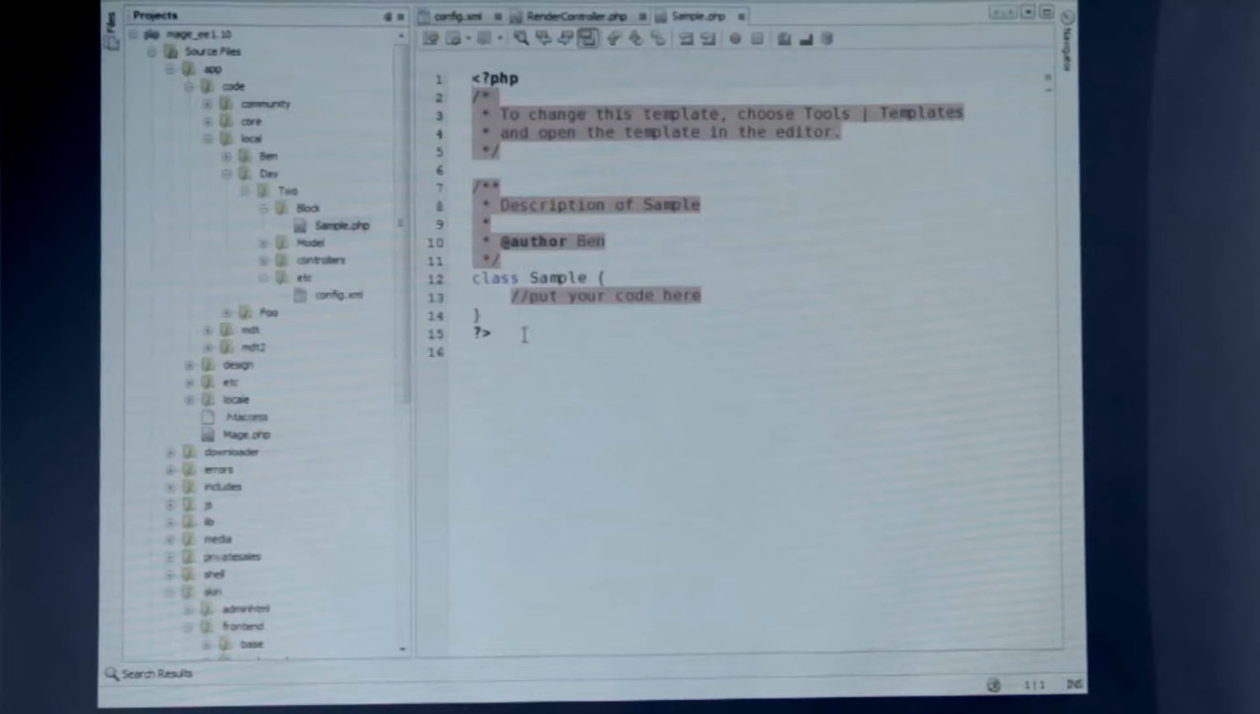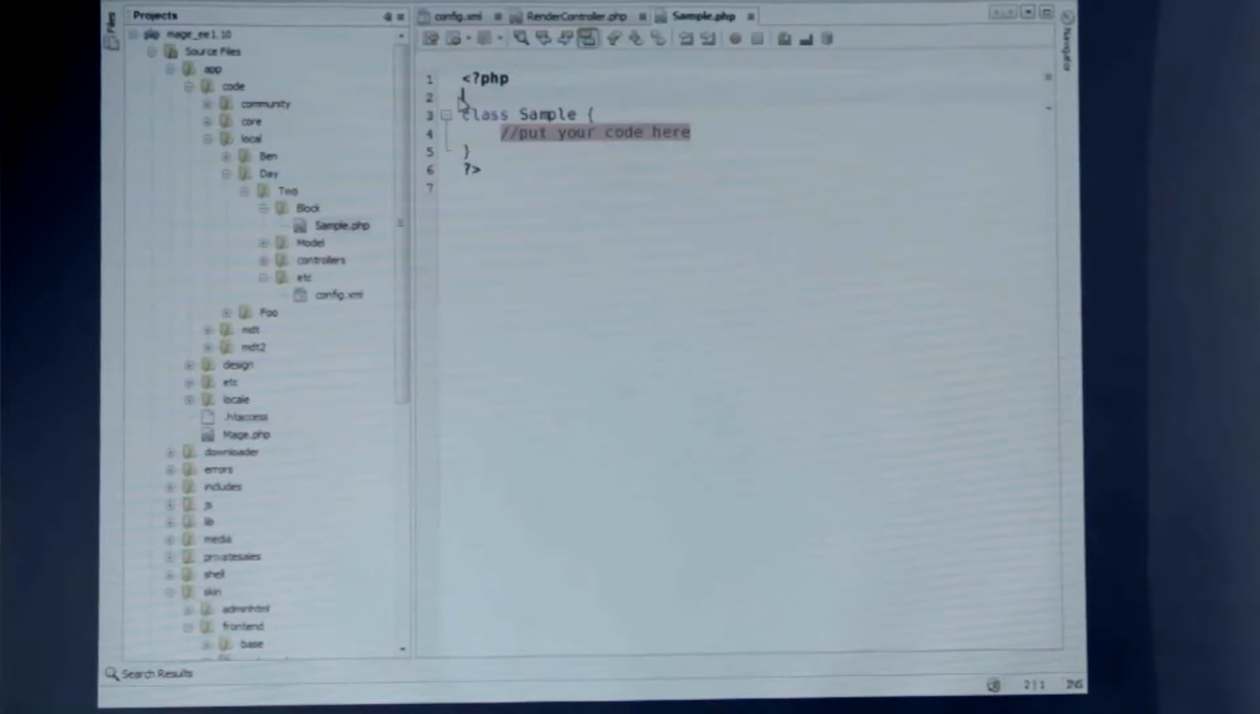Sample.php. There we go. All right, get rid of all of that NetBeans stuff. So, app code local day 2 block sample.php. And based on where this block is,